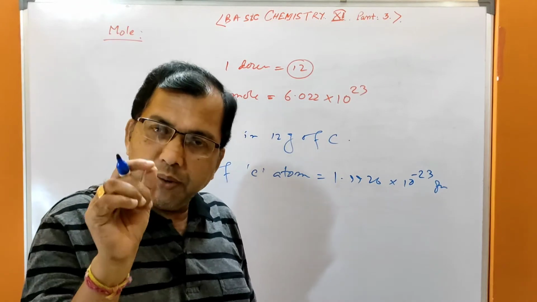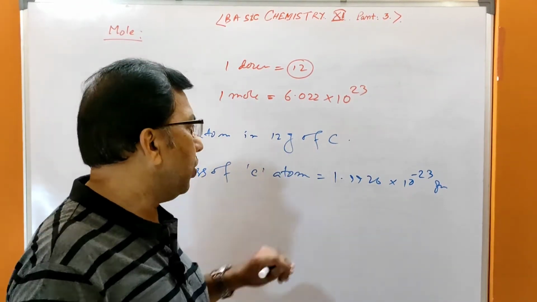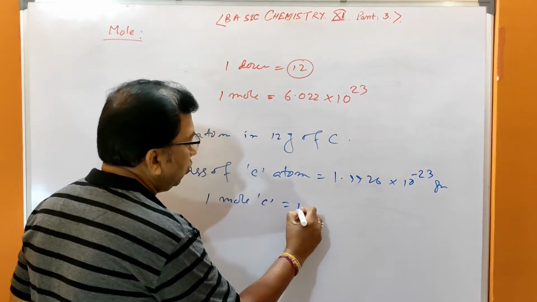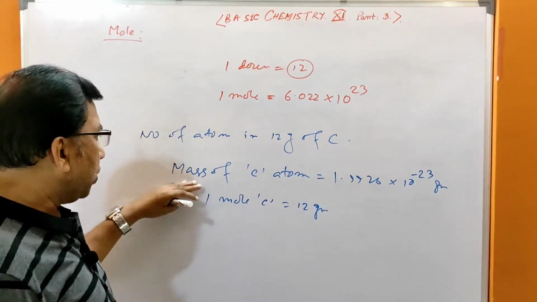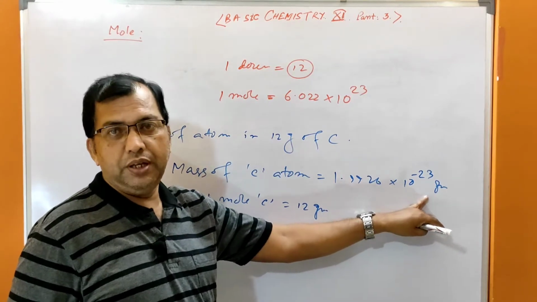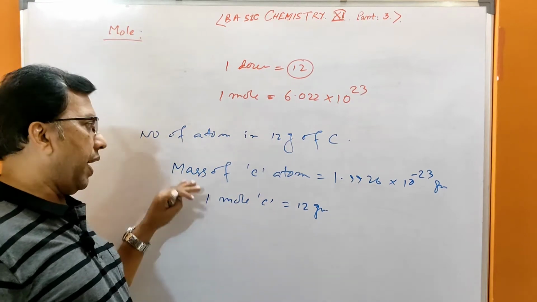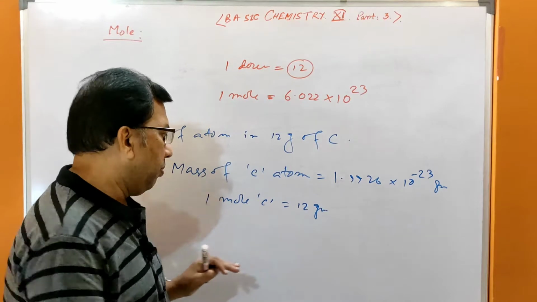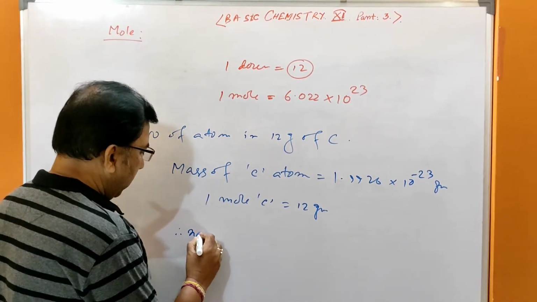1 mole carbon means what? 12 gram. 1 mole carbon equals 12 gram. We know the mass of a carbon atom is this many gram. That means the number of atoms in 12 gram of carbon, therefore, number of